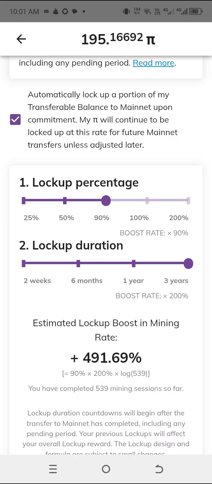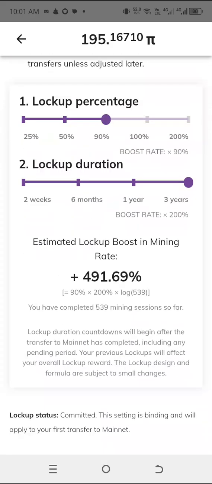If you want to lock your Pi for 25% of the Pi you have mined, like for example this 195 Pi 0.1, this person locked 90% of it. For how many years? For 3 years. So the person has only left 10%, that when this Pi is migrated, she will be able to use only 10%. Then the 90% will be locked for the next